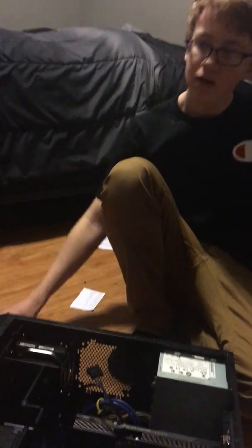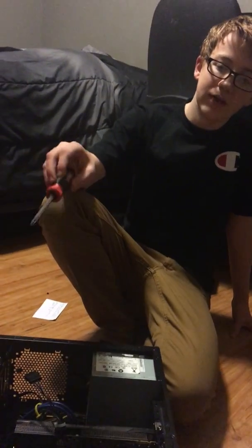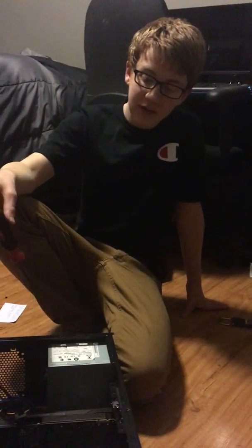Slide in there, you'll hear a little clicking noise, and that indicates that you've got everything all set up. And now with building a PC, I wanted to show here that you can actually save a lot more money